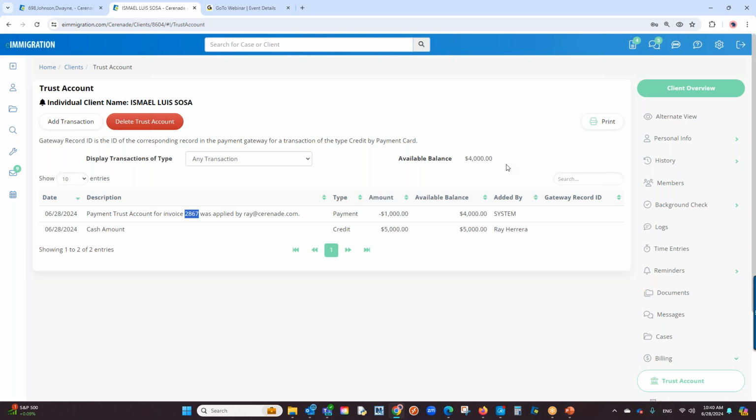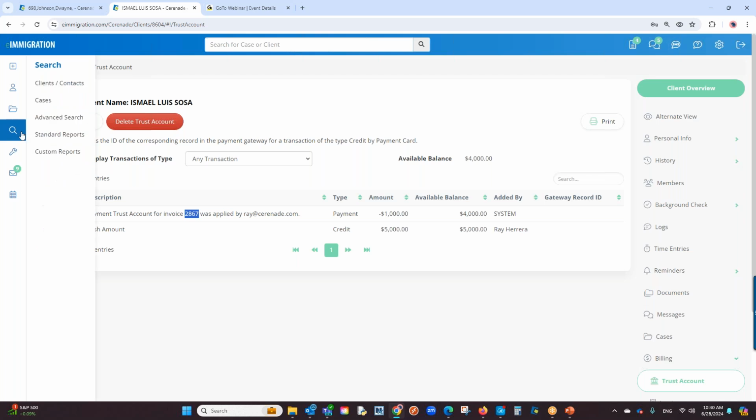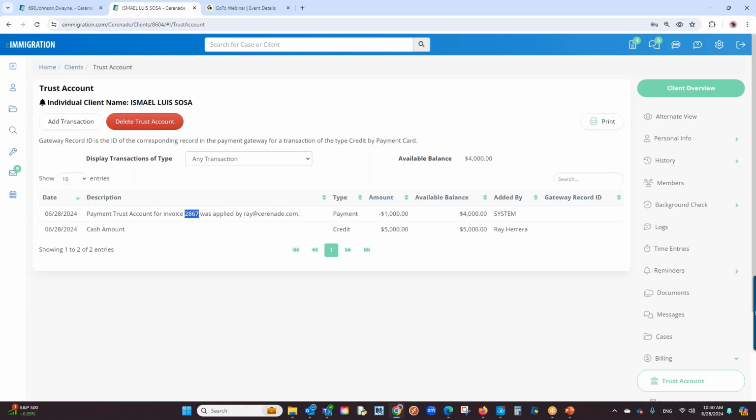So with that, that kind of summarizes billing inside eImmigration: how to do invoices, how to accept payments, payment plans, the different avenues that you can take using the software. But besides that, the last thing to show you here is you can also even run reports with the information in billing. So if you go to the magnifying glass to the left,